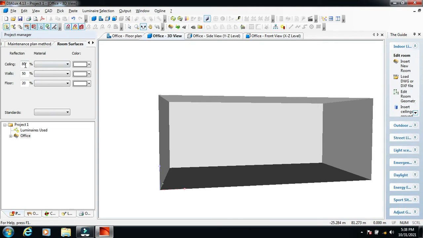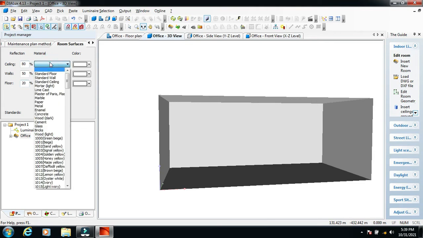So now the ceiling, wall and floor. So this is the reflection factor. If you read IS or the National Electric Code special publication for lighting, there all the values are mentioned, what we have to consider for each specific lighting calculation. So now as you see, the reflection factors are mentioned. Beside that we have a material. That is very important to get a proper output of your lighting calculation. The material, that is the floor material, wall material and the ceiling material, has to be proper.